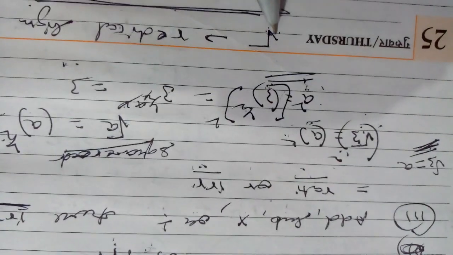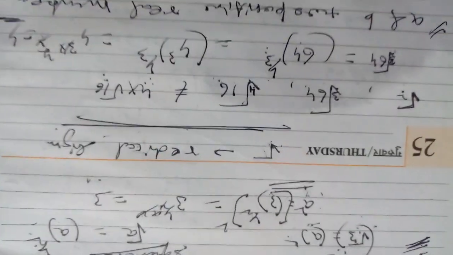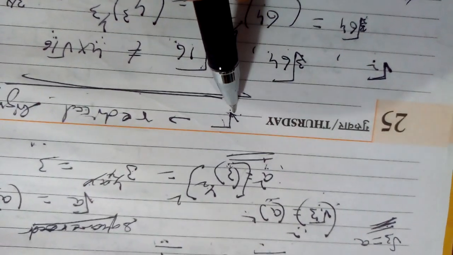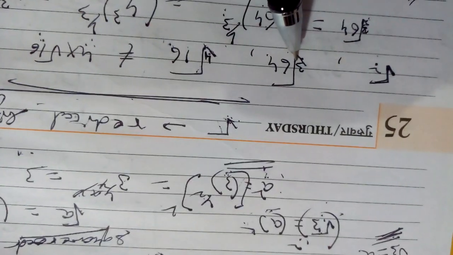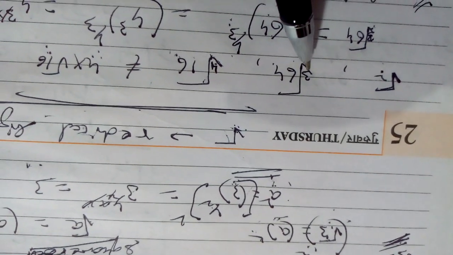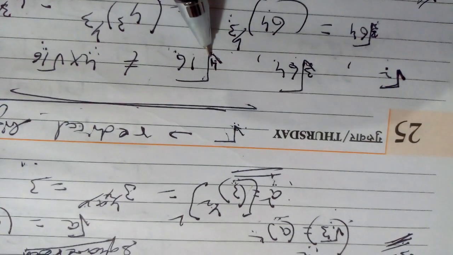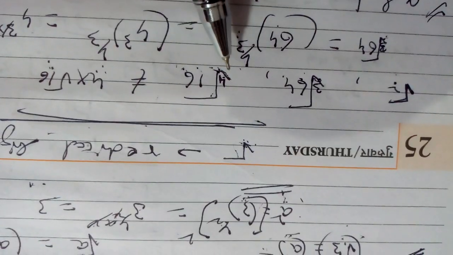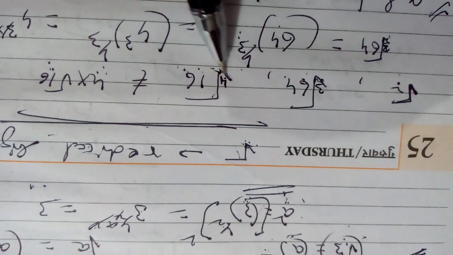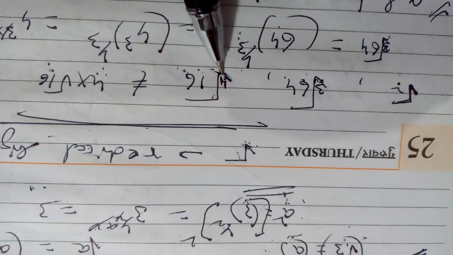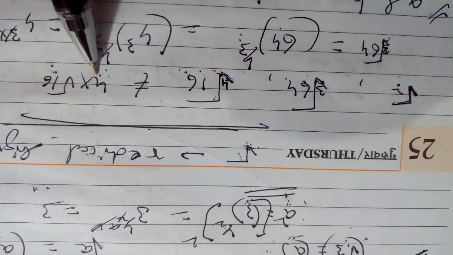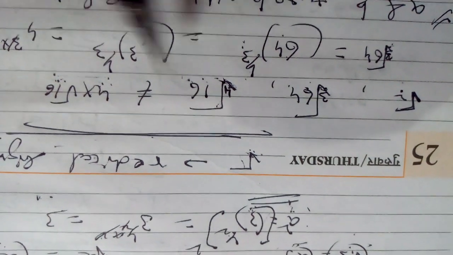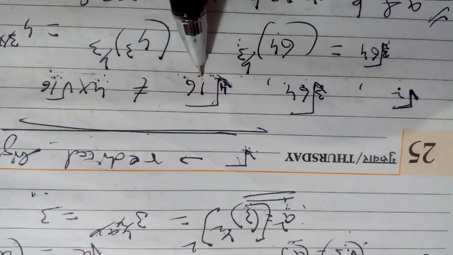So any irrational number, when you square it, you get a number without root. This sign is called the radical sign, and a radical sign without any number means it is a square root. When 3 is written, it means it is a cube root, like cube root of 64. It is a fourth root of 16. Fourth root means fourth root of 16. 4 is written very small like this. If the 4 is written like this, it is not equal, because this means 4 into root 16 and this means fourth root of 16.